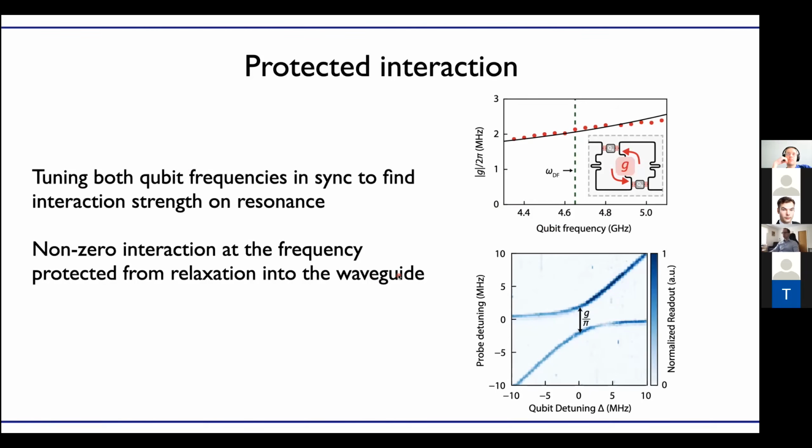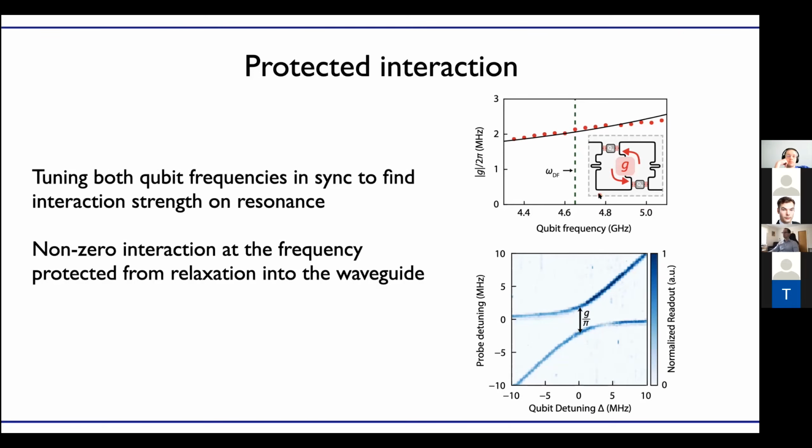And from a readout, by detuning the qubits slightly from each other, they could see an avoided level crossing. And the gap here indicates this effective interaction between the qubits via the transmission line. So this g, they plot it here in the red dots as a function of tuning the qubits, and it's fitting well in theory. It's not supposed to change much over these